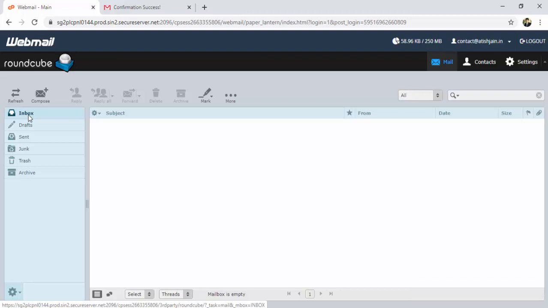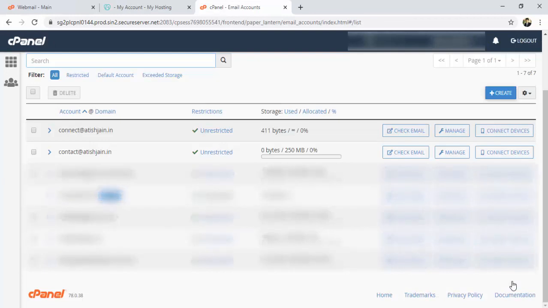Friends, suppose this configuration mail is deleted by default, or without knowing you have deleted it, then where do you check the SMTP and POP3 server names? We can check this in our cPanel. So I'll show you now. From these email accounts, if you want to identify the SMTP and POP servers, this is your business email, contact@atishjain.in.